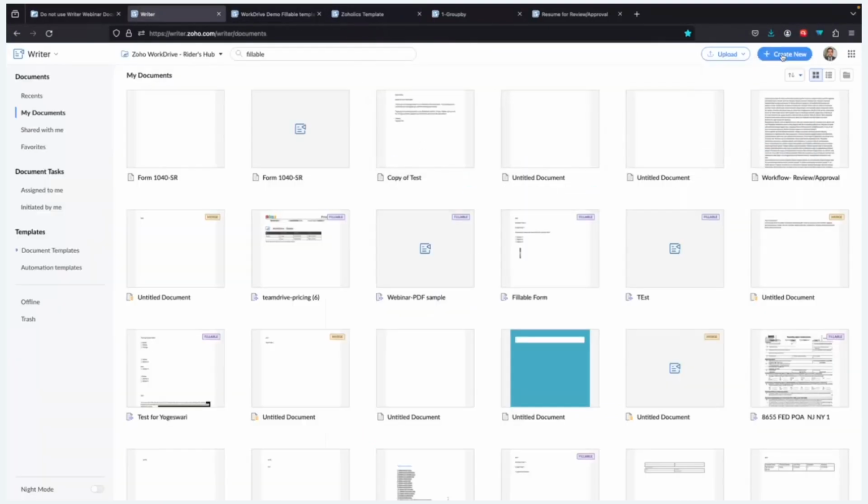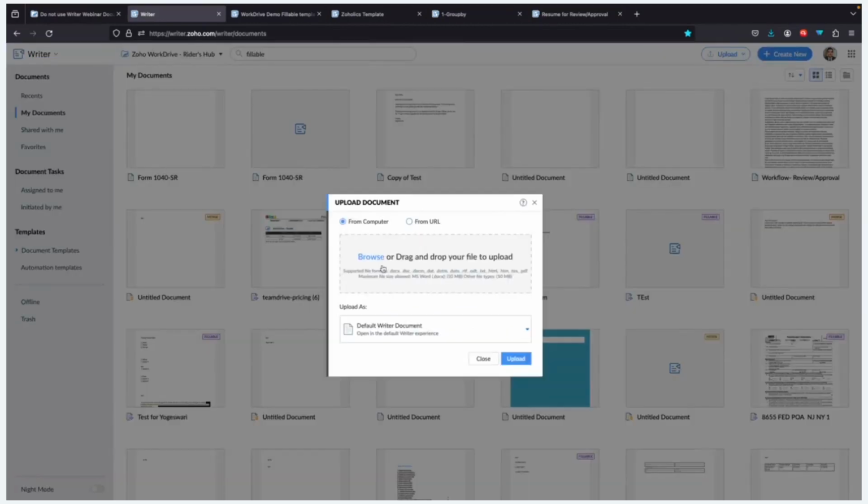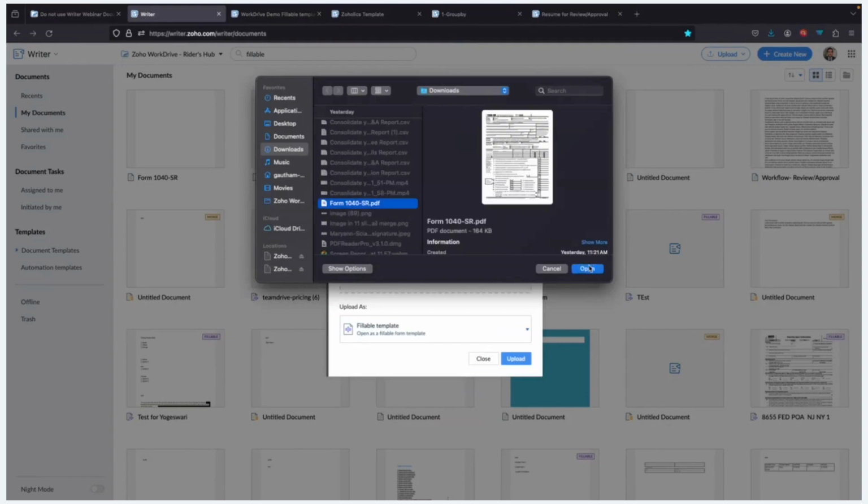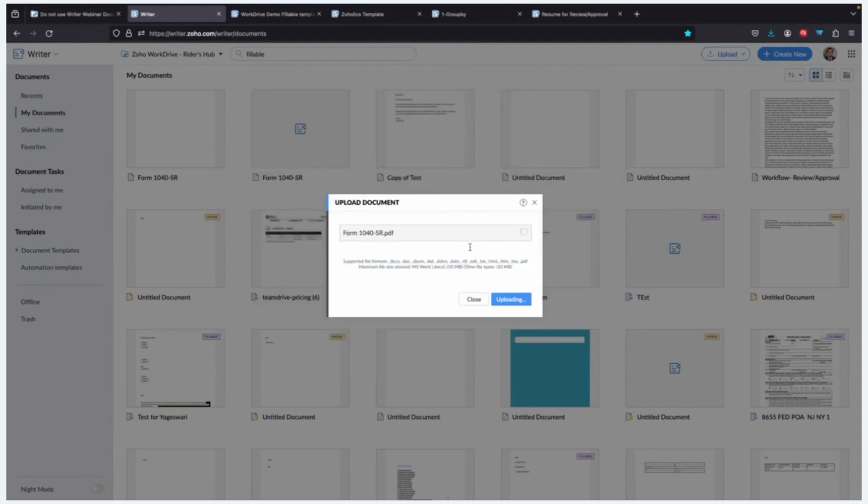So I just have a paper form that is being converted into a digital format. I'll go ahead and upload that particular template. I'll select fillable template in this drop down, and I'll select the file that needs to be uploaded. So here is a paper format file, and once I upload it,